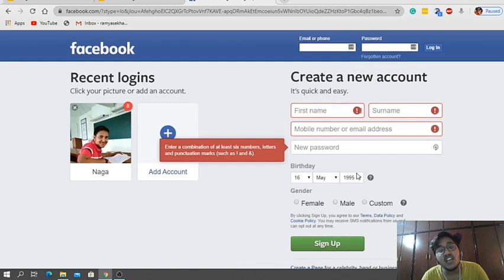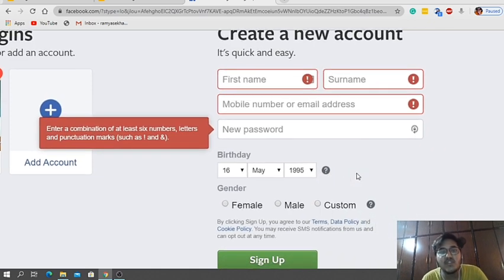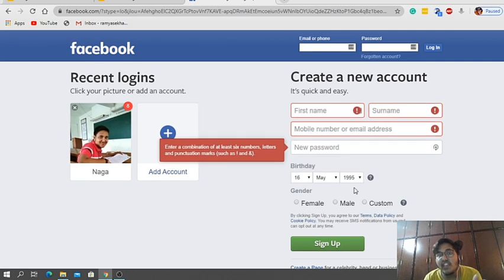As you can see, we are using so many variables. First name is one variable, holding some data. Surname is one variable, also storing data. Mobile number is one variable, holding the mobile number. New password is one variable, holding some data. Date of birth is storing the date of birth. Gender is a variable holding whether it is male or female. So for creating only a sign up form, we use 7 variables.